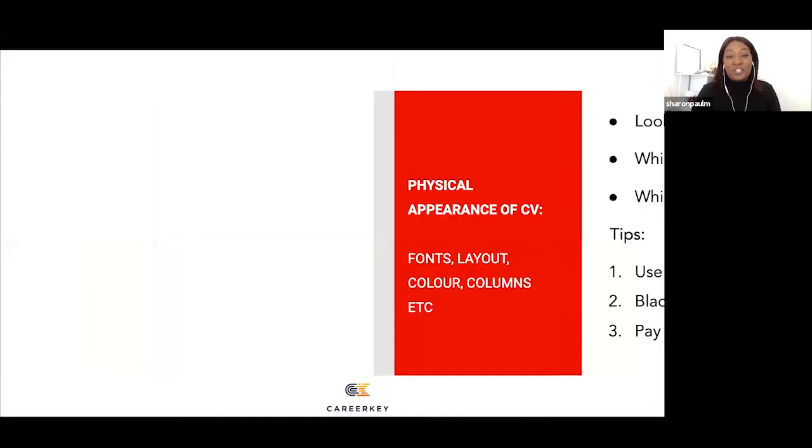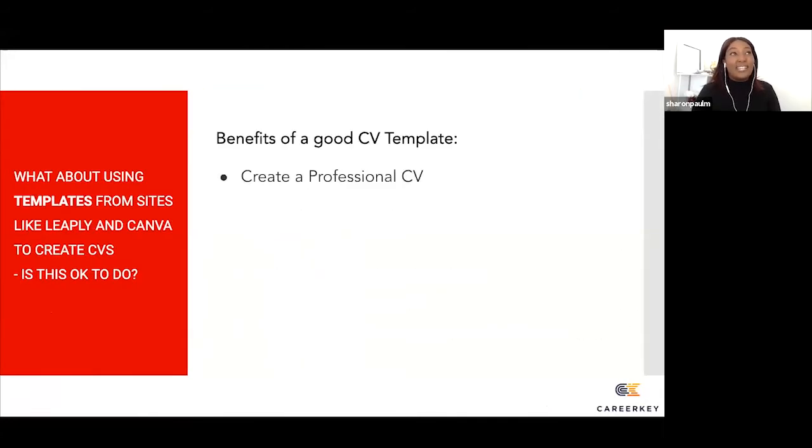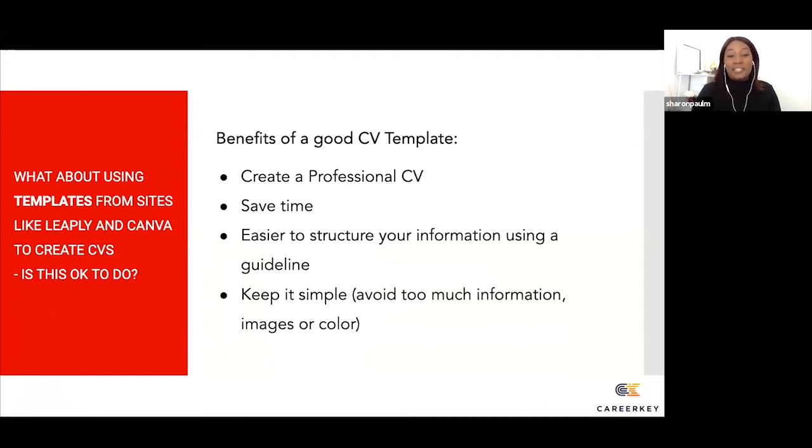That's a great question. And I think, like you said again, when I think back to when I was also starting to apply in the job market, there weren't all these amazing platforms and tools to use. So you kind of had to figure out how to draft your own CV. So when it comes to now using Leaply or Canva, I would say absolutely. You want to be able to put your best foot forward. And if there are professionals that have already provided you with platforms and a guidance or a template, then definitely